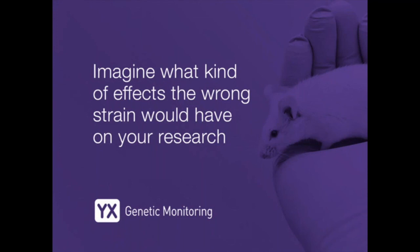The recommendation is to repopulate your colony from the vendor of your choice every 3 to 5 years, at least. So choose the substrain and the vendor that is better for your experiment, and refresh the colony from that vendor, because those vendors are doing cryopreservation. They're also keeping a good genetic monitoring program. That's my recommendation, because yes, you can create a substrain and you can inadvertently have a passenger mutation that you don't know about,